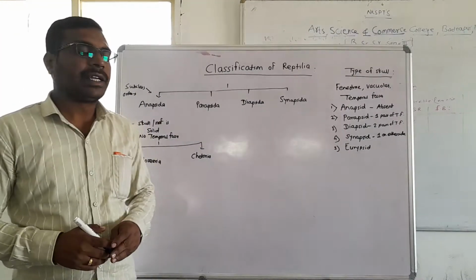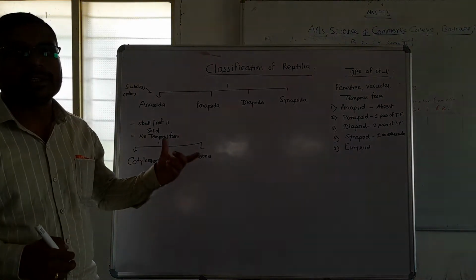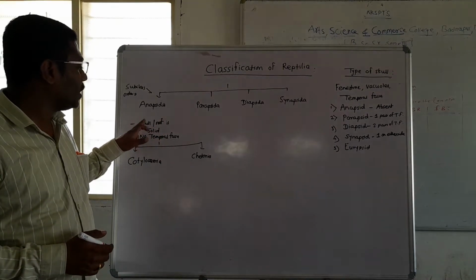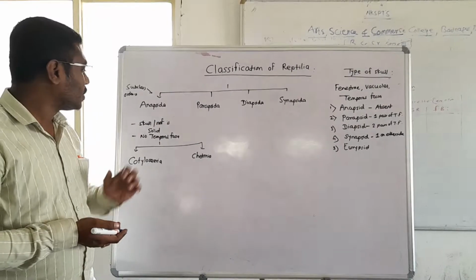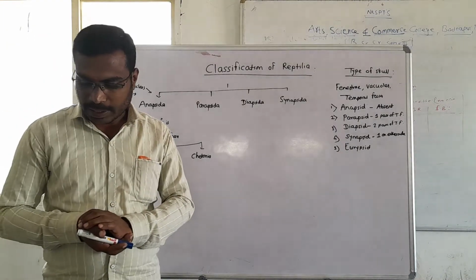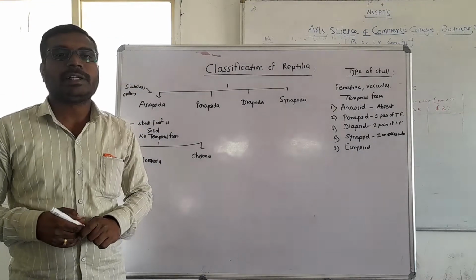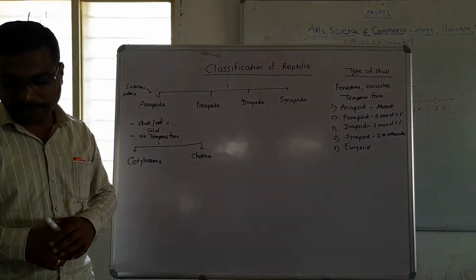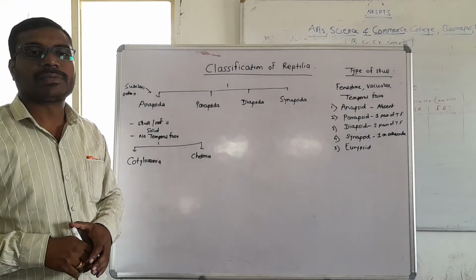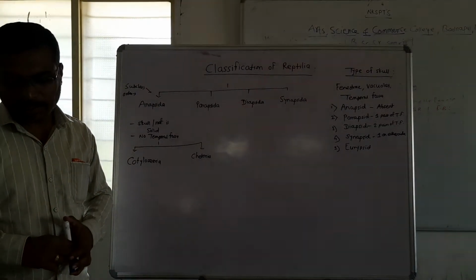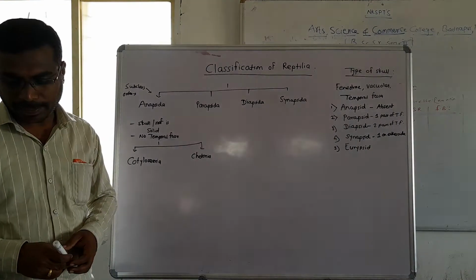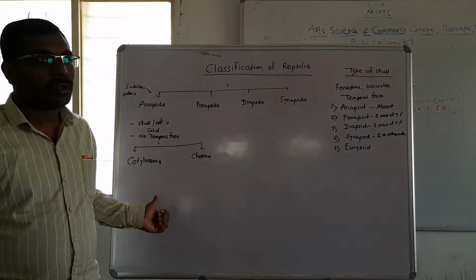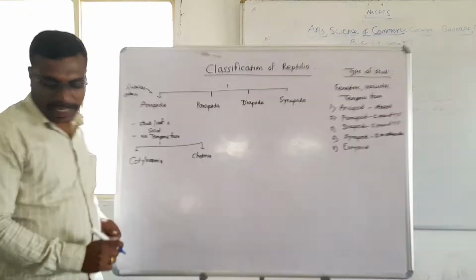Here, the Cotylosauria includes all the extinct reptiles which have a solid or complete skull in which temporal fossa were absent, and they became extinct in the Triassic period. Their jaws and teeth were poorly developed. They resemble amphibians. The pelvic girdle is flat and plate-like. Their size ranges from 1 to 10 feet. An example is Seymouria.